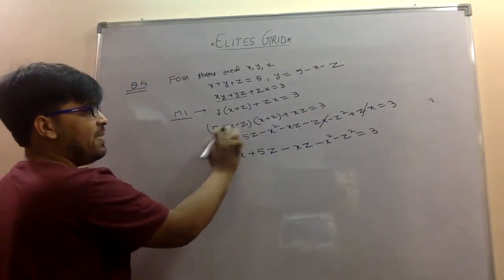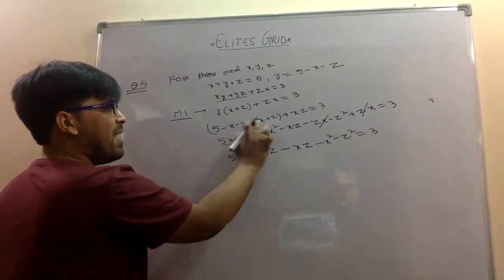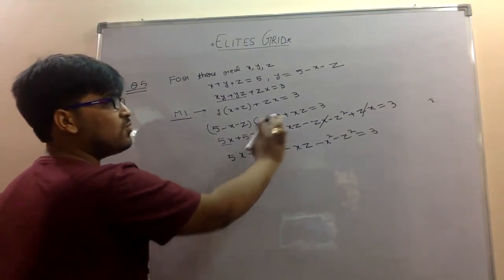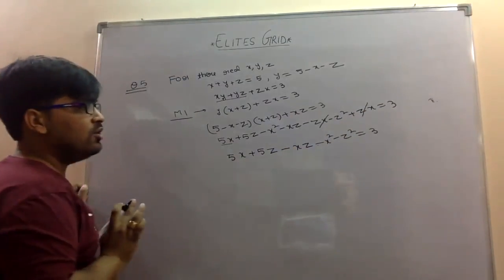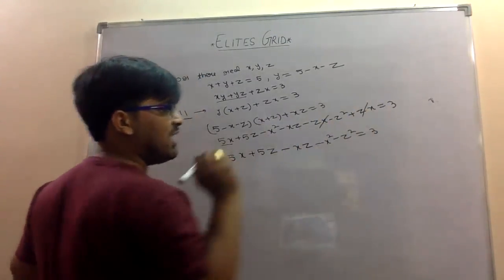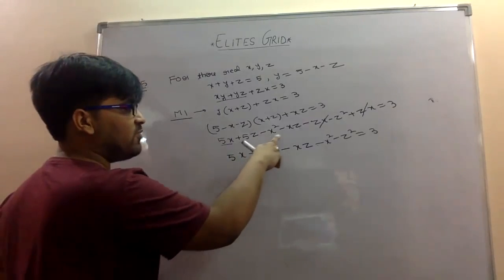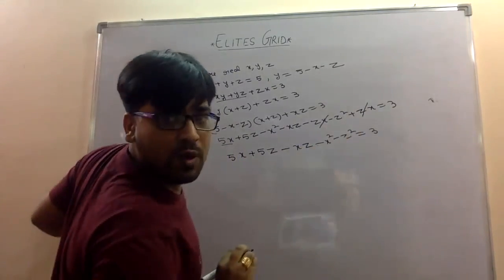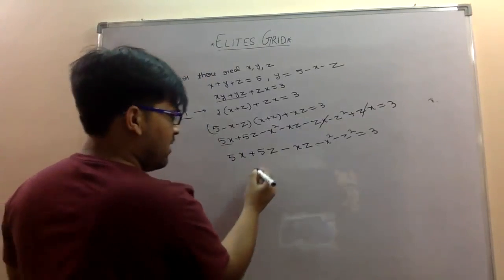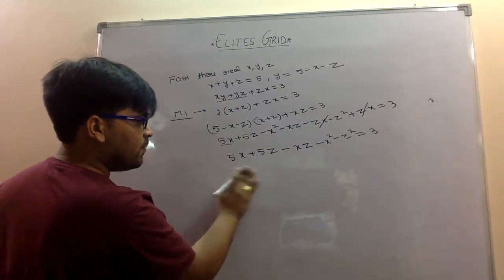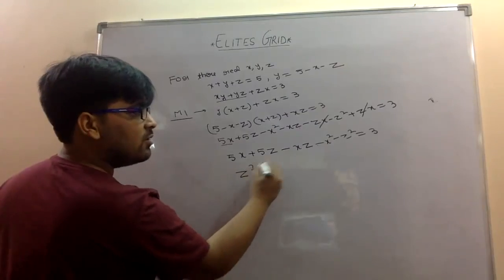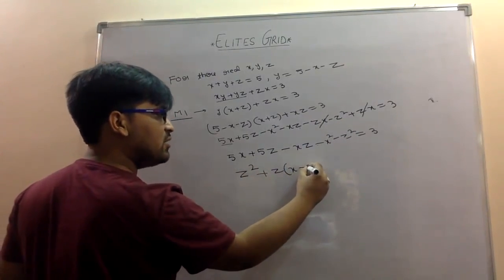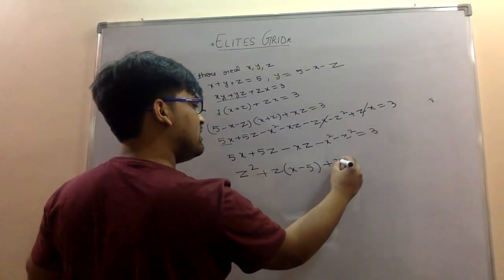अब मल्टीप्लिकेशन क्या है? That is 5x plus 5z minus x square minus xz minus xz minus z square plus xz that is equal to 3. Now xz and xz will cancel out, so you have 5x plus 5z minus x square minus xz minus z square is equal to 3. So you can put here that x square, z square plus zx minus 5 plus x